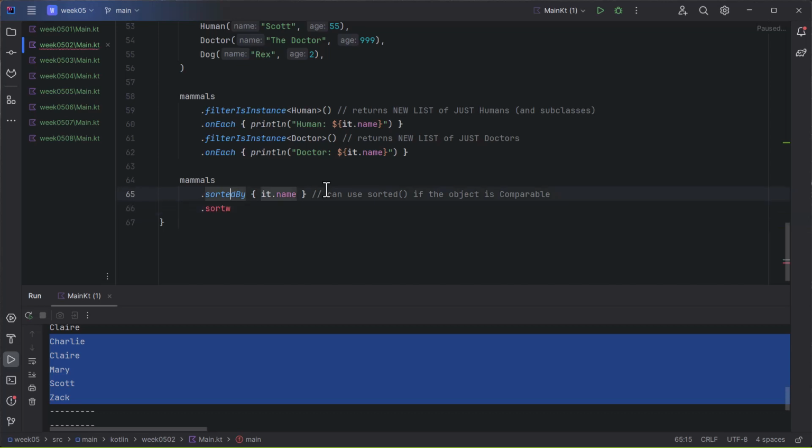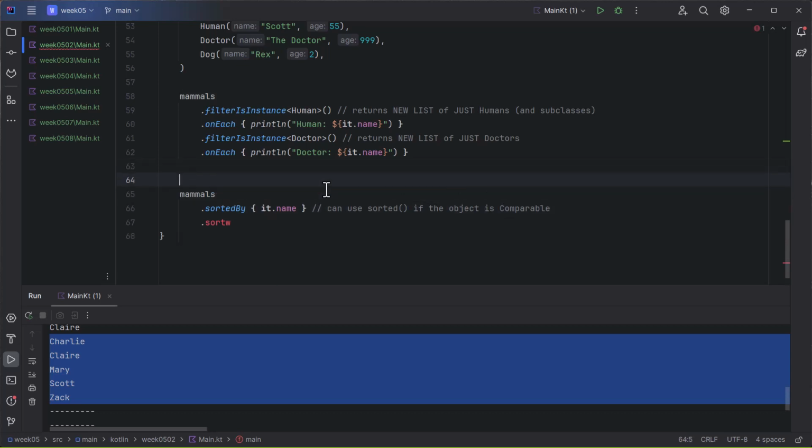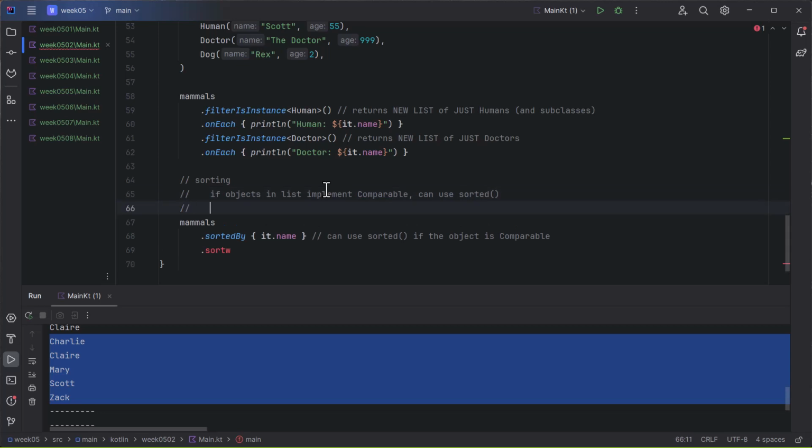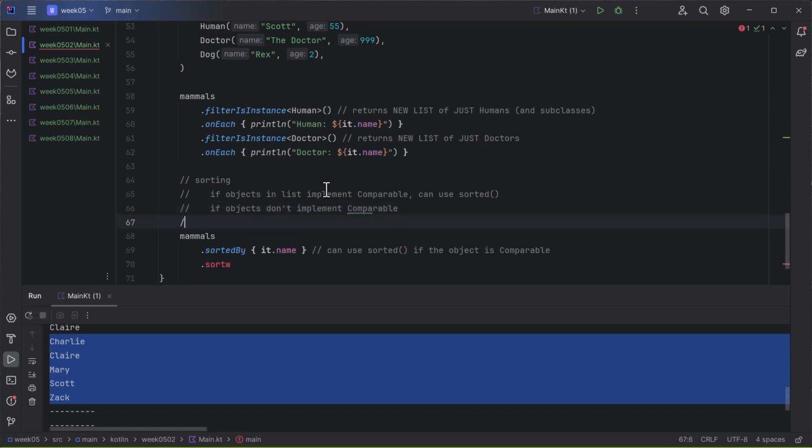So, first level sort, let me put a little comment in here. Sorting. If objects in list implement comparable, can use sorted. If objects don't implement comparable, then can use sorted by, if just defining